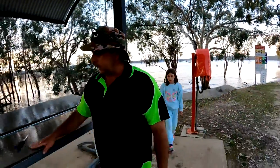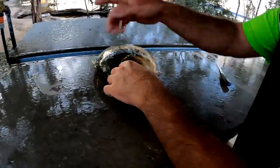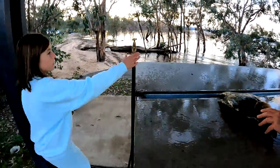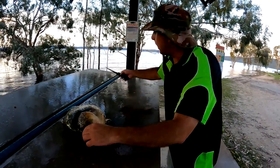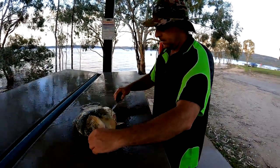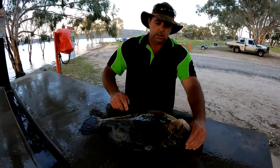It's a well set up cleaning station here if you have a bit of a look. It's a nice masonite board. You've got a tap with a hose right by the water. When the dam is low, the water would be way down there. It'd be a bit of a bugger, but all we're going to do for this fella now is take the